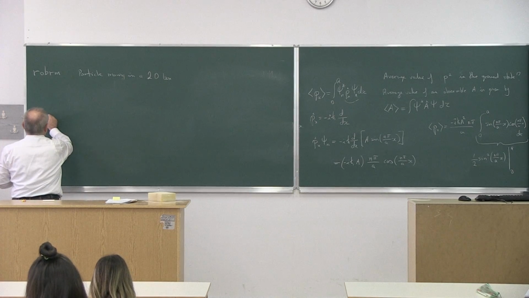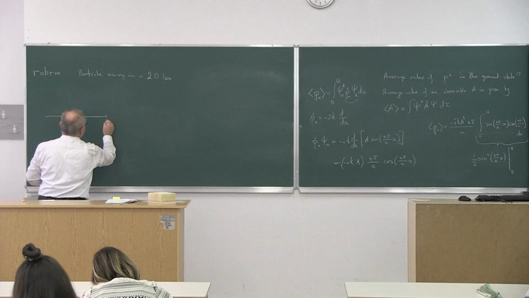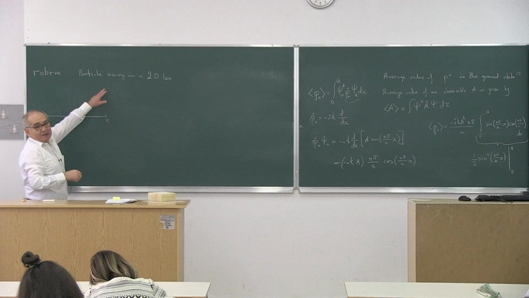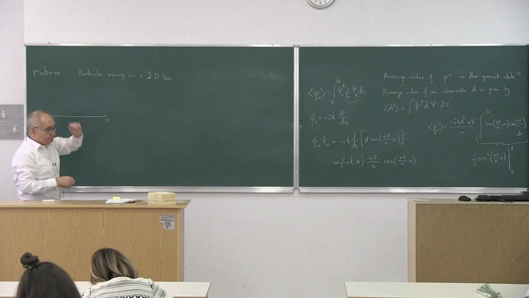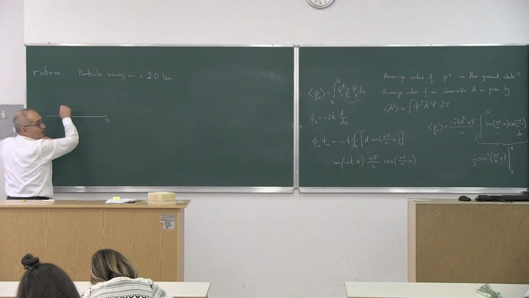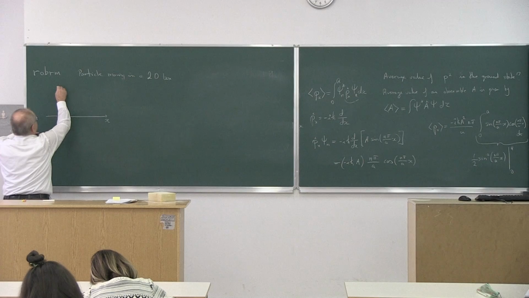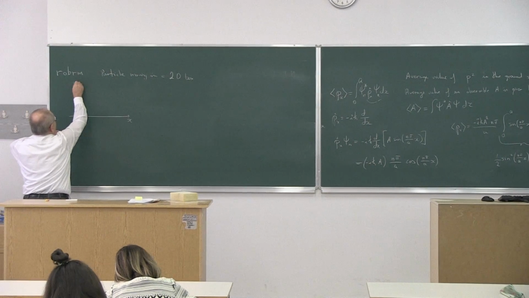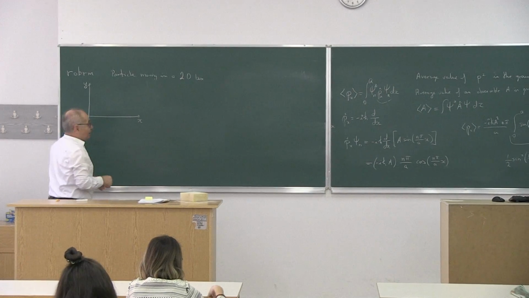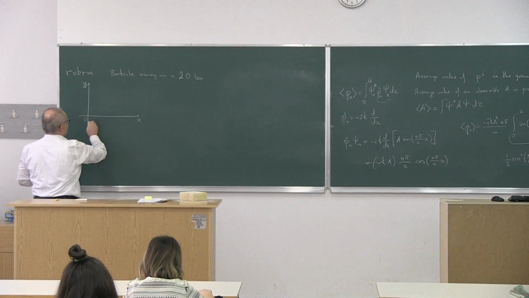So the situation is like this. Now, the particle has 2 degrees of freedom, which means 2 variables are needed to locate its position. If this is the origin,